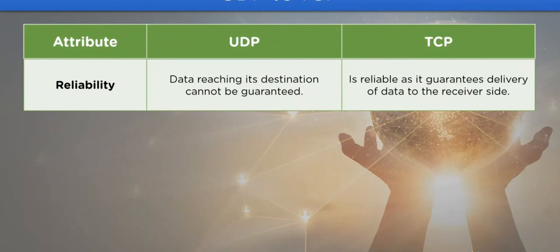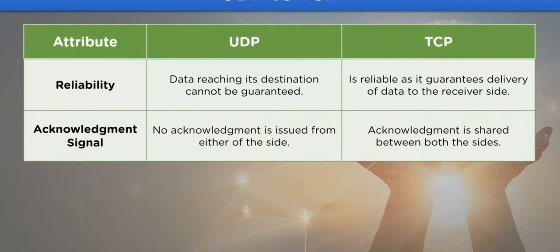That is, it does not provide any guarantee of data transmitted to the destination side is reached or not. As for TCP, it provides reliable and guaranteed data delivery to the receiver side. The next attribute is acknowledgement signal. The UDP protocol does not provide any acknowledgement from the receiver side to the sender side. Whereas in case of TCP protocol, sharing the acknowledgement signal is very important. If the acknowledgement